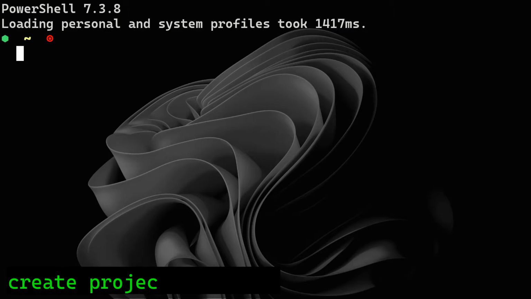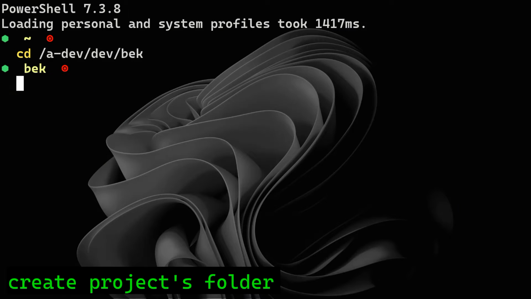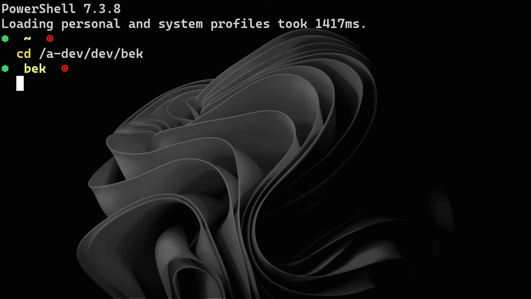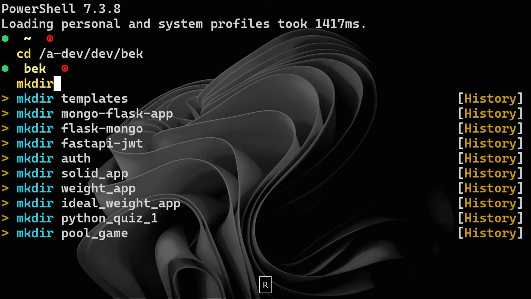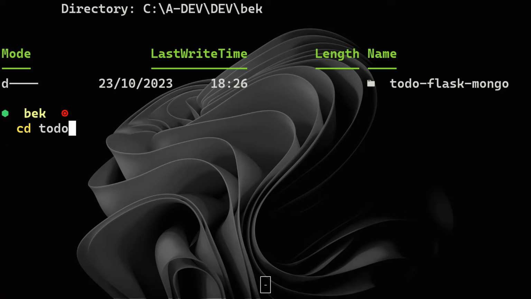All right guys, so I'm inside my PowerShell here. First thing that I want to do is go to a folder where I want to create my project. You want also to create a folder for your projects, right? Your tutorials or the future projects that you want to create. That's a good practice. And now as you can see, I'm in a folder called Beck, and I want to create this application. I will call it todo Flask Mongo. Let's cd to that, Flask